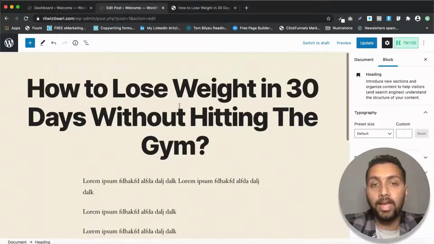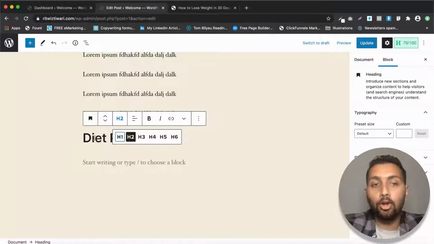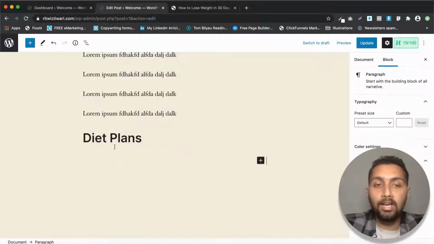So the title of the page is always in H1 heading style. It's in the H1 tag. So make sure that all the subheadings that you include in your blog posts actually start from H2. And if you have some more content within the diet plans that requires a separate subheading, then it will become an H3 subheading. I hope you are clear about the heading block.